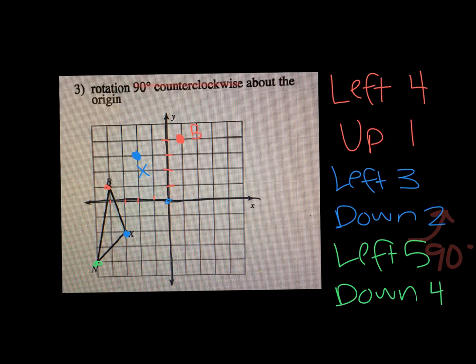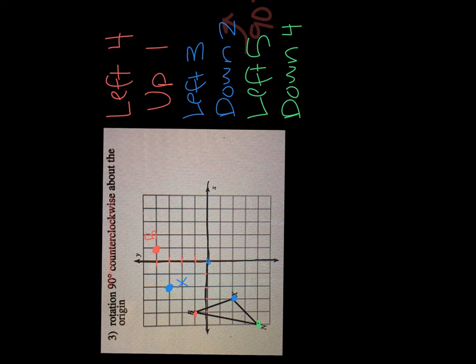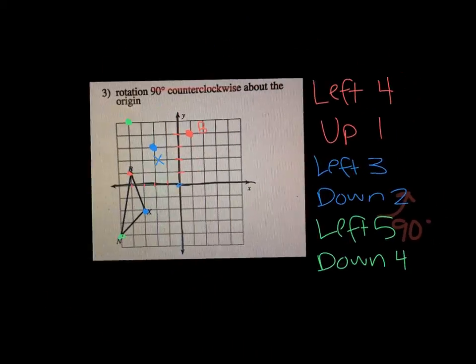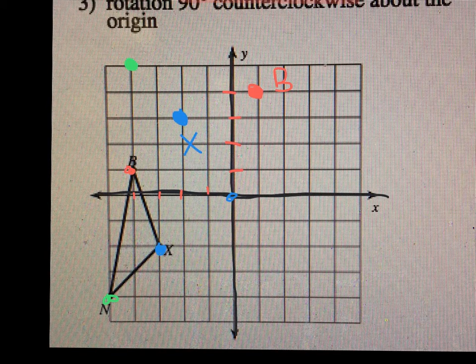So I'm going to go ahead and rotate. Once again, make sure you rotate the same direction every time. Left 5, down 4, and I'm going to get a point right there. Rotate it back so I'm looking at it right side up. I'm going to zoom in so you don't see my points anymore, or my instructions. So that was N. So now if I go ahead and I connect these points,